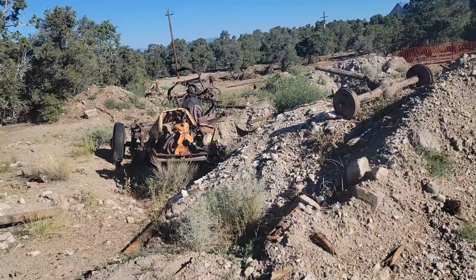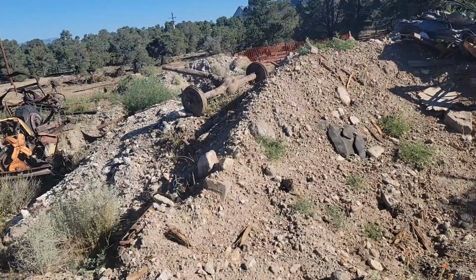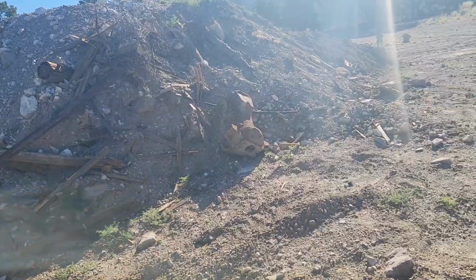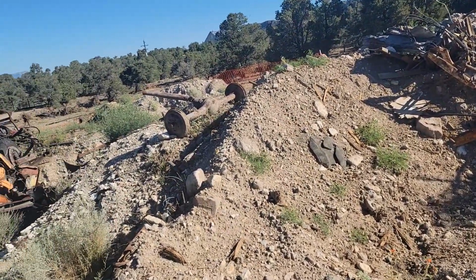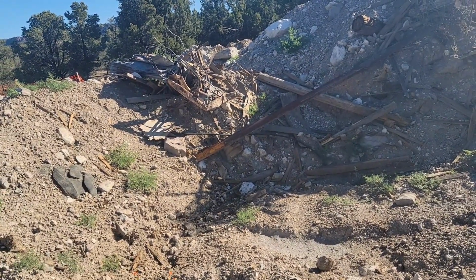Where we see the tires and everything that are down in here. I don't know how far this pit comes forward. If you got a chain, we can chain that. I do. Oh, good. Well, let's start out by chaining the big stuff, like this engine block, and then we'll go to the smaller stuff. And I want to just pile all the iron over by that big chunk of iron so that when the iron guys come, they can...